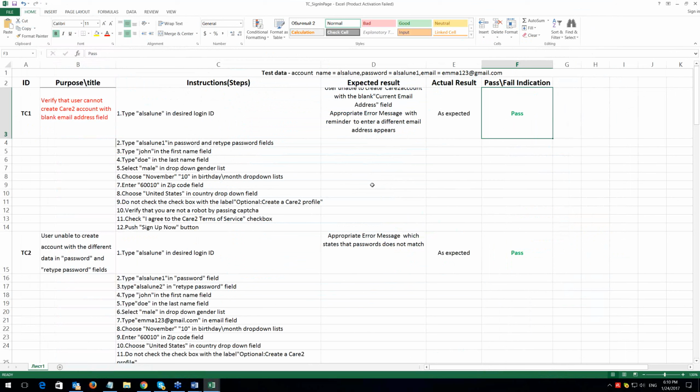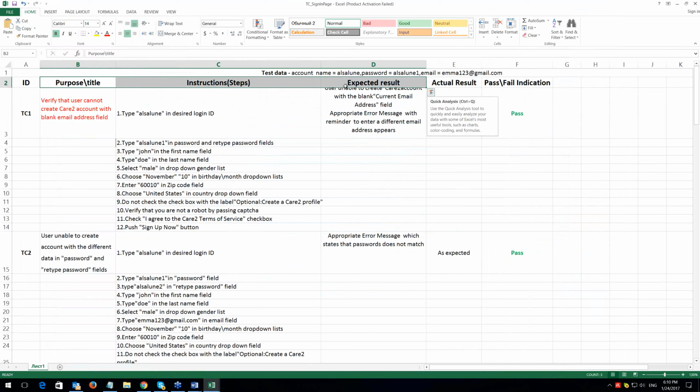And because there is nothing to execute when we create test cases, we consider only those three components: purpose, instructions, expected result. We cannot complete the actual result or the status, pass or fail, because there is nothing to test yet, right? There is nothing to touch, to smell, to taste, to look at, nothing yet.